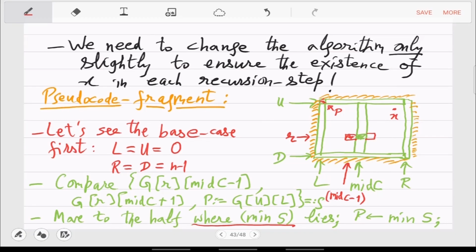In the base case, you have no orange boundary anyways. So the 0 comma 0 entry was vacuously smaller than everything outside, because there is no outside element.